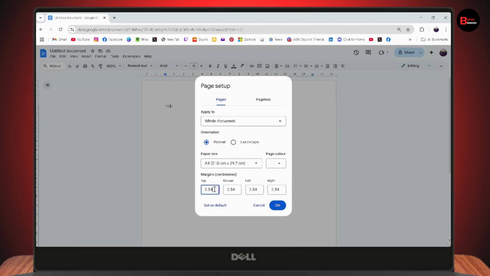And here you need to go with the top and go with 0.5. And here on the bottom, you need to go with 0.5. And on the left, it's the same, 0.5, and on the right again the same, and go with